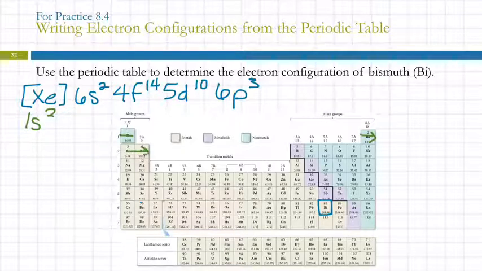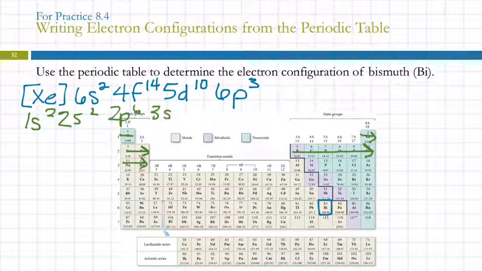And what's this part? 2s2. And over here, 2p6. And this, 3s2, 1, 2, 3, 4, 5, 6, 3p6, 4s2,